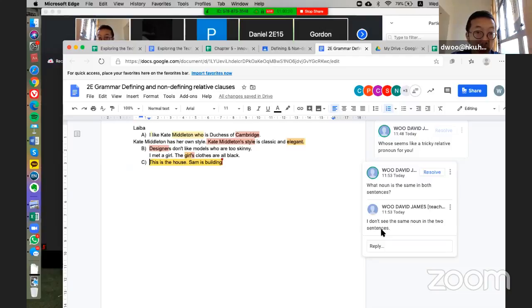That we can only combine sentences that use the same noun. But when I look at C, I don't see the same noun. I see Sam, but I don't see Sam in this is the house. I also don't see house in Sam is building. So we actually can't combine the sentences using relative pronouns. We can't. So you have to write